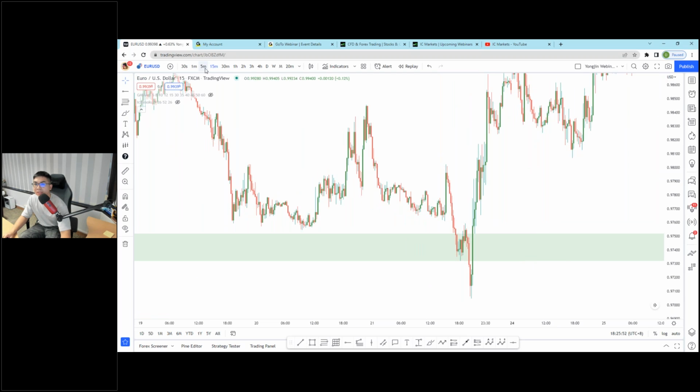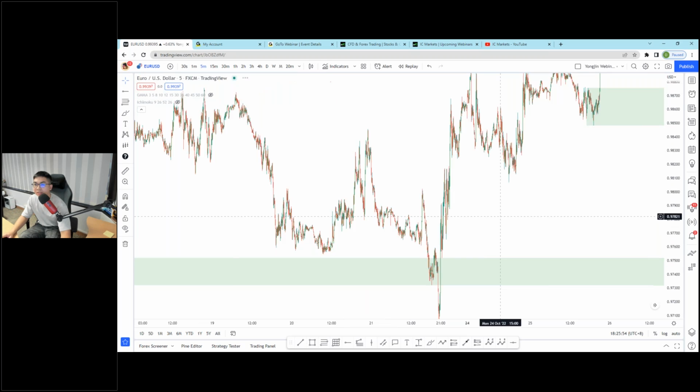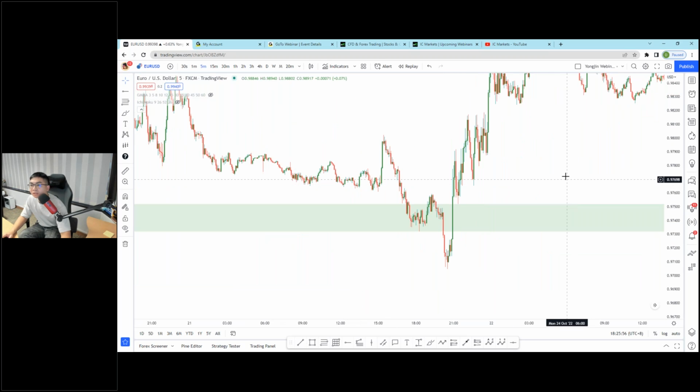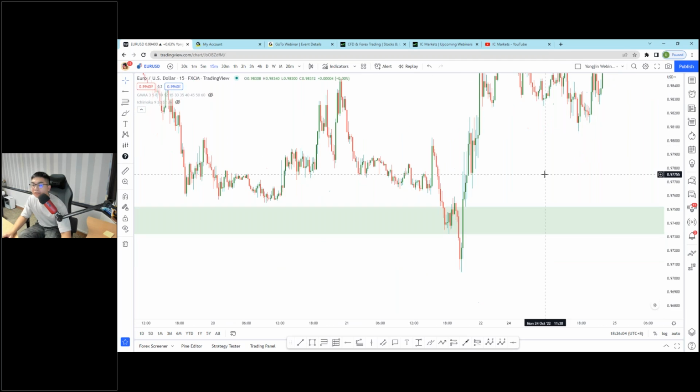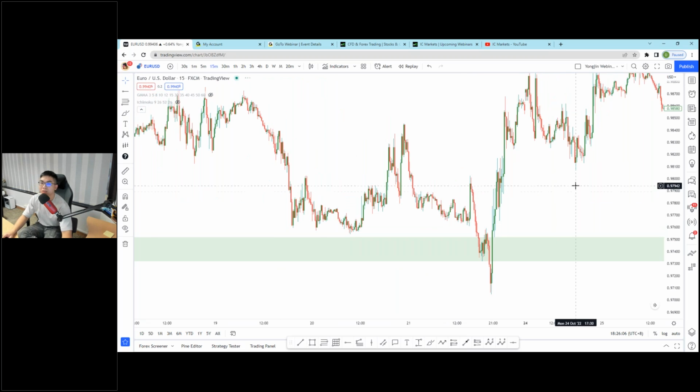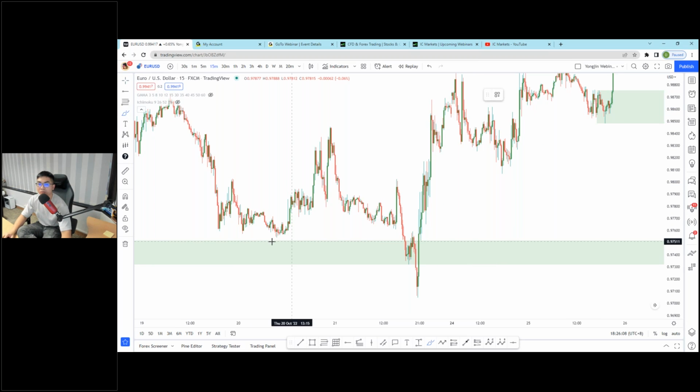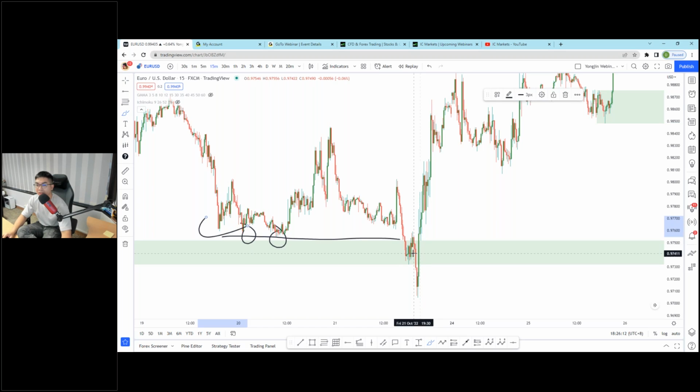I want something pretty significant that I can show you guys. Okay, maybe this right here. So on the M15 charts, we can see over here, price cleared all the liquidity, price continued going downwards,